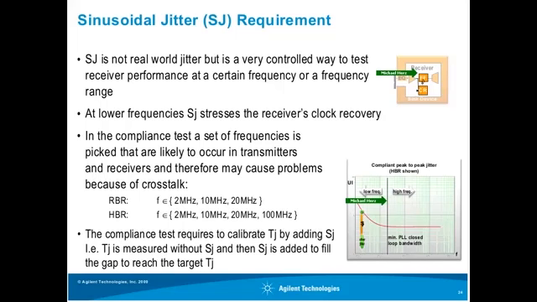So for compliance test, DisplayPort has decided to pick a couple of frequencies for testing, and those frequencies are 2, 10, and 20 megahertz at reduced bit rate. So one is in a very low frequency area, one in between, and one right at the PLL loop bandwidth. And only at high bit rate, we have picked another frequency at 100 megahertz to check